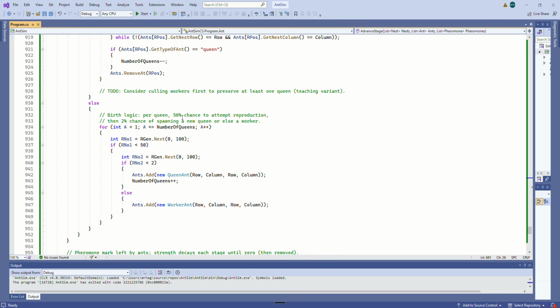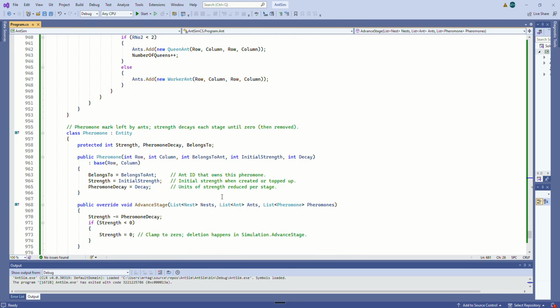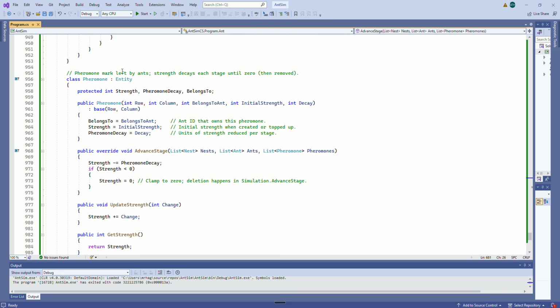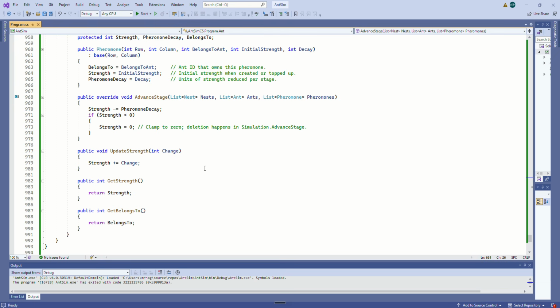Okay. Birth logic, the queen has a 50% chance at reproduction, so this is where the queen reproduces. We have a 50% chance here, somewhere within that logic. Pheromone marks, so here we go. Pheromone marks left by ants, strength decays at each stage. So we have a pheromone class, again inheriting from entity. We've got the strength, pheromone decay, and belongs to, and we have these overriding,